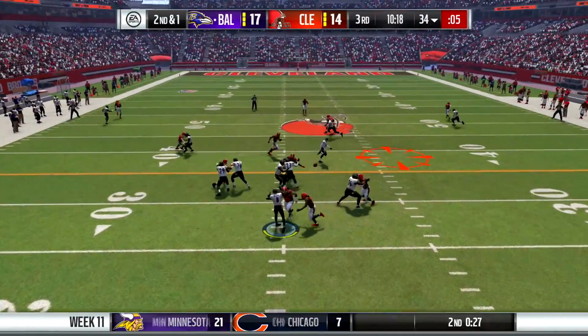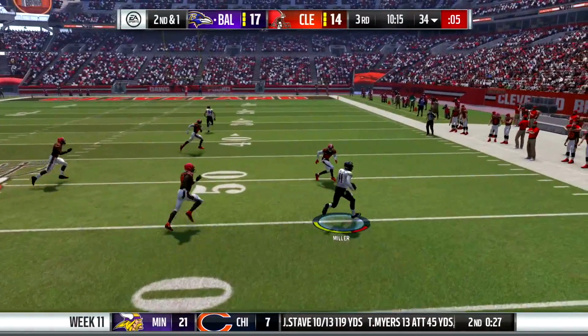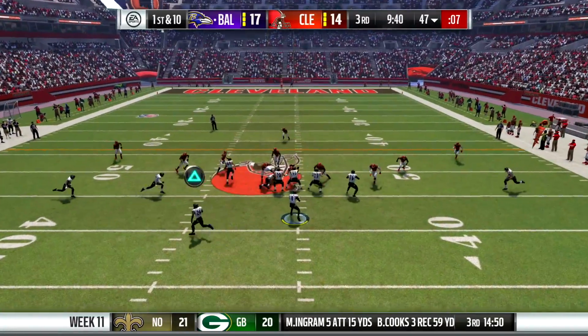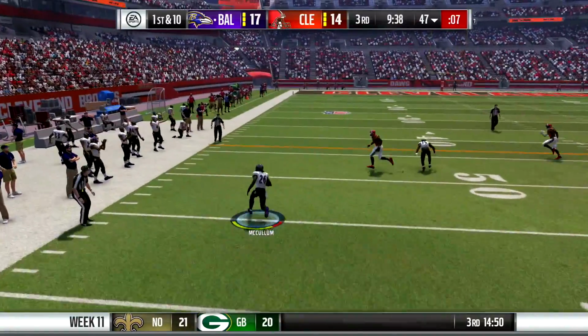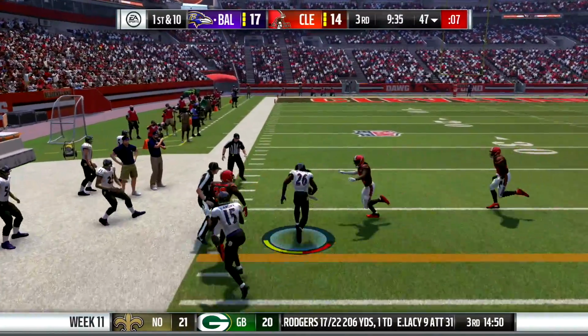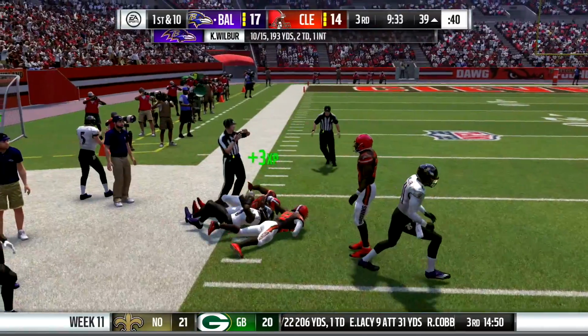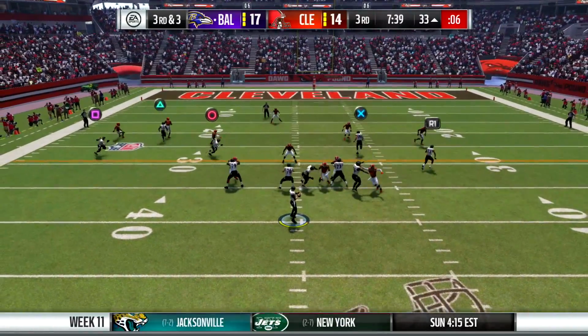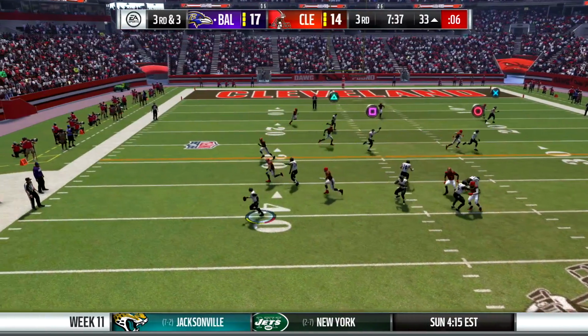2nd and 1 now. Dropping back, we see a wide open Braxton Miller on the drag route. He makes that reception, and we're going to be near midfield down to the 47-yard line right here, trying to get Javonte McCullum the ball in space. Look at that juke move as McCullum is able to get past the defender, and we are now in Cleveland Browns territory. But 3 plays later, it is 3rd and 3, rolling out to our left, and this was a